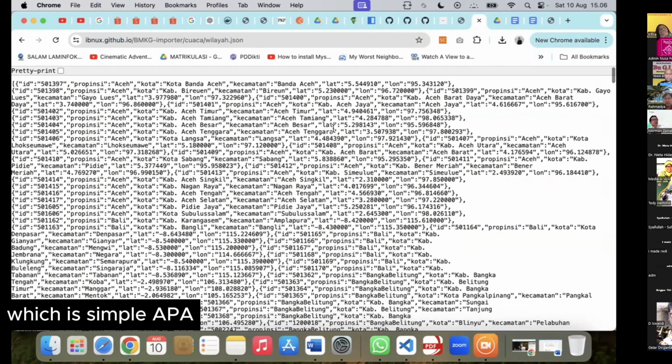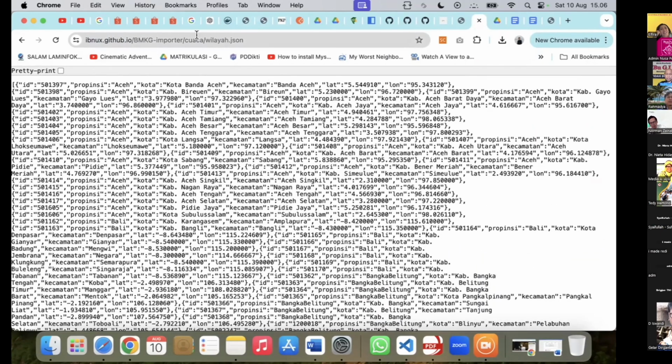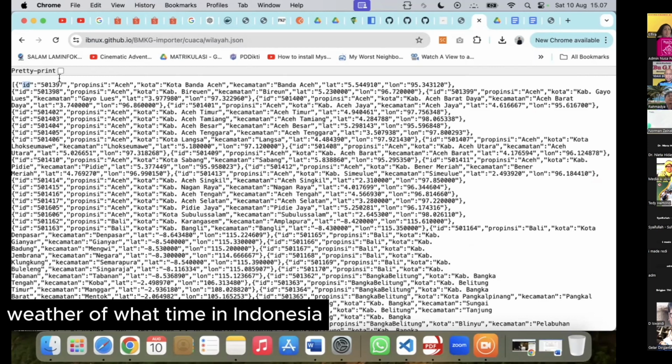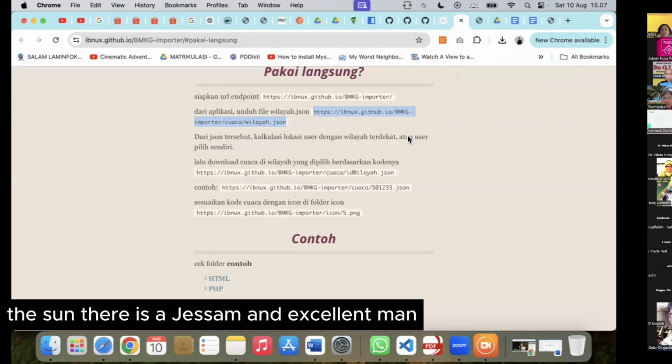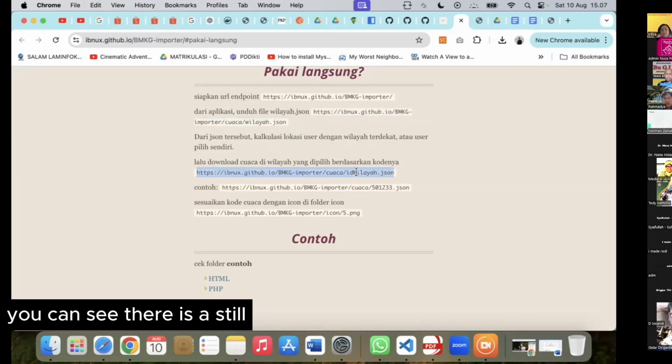This is a sample API. You can just copy and paste. Okay, this is the information about weather, cuaca, in Indonesia. Usually this is in JSON. There is JSON and XML. JSON is better in visual.